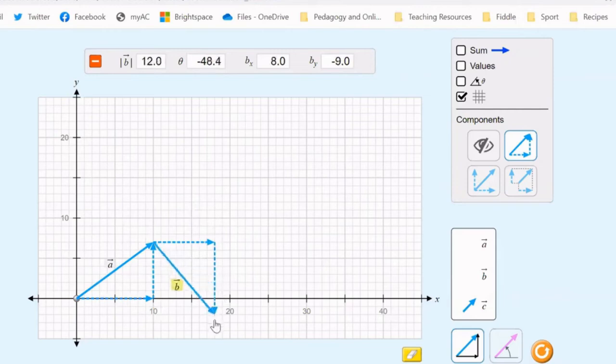If I take vector b and it turns out that vector b put at the origin is actually in quadrant 4, you can see quite clearly that if I add vectors a and b, my resultant is also going to be below the positive x-axis, or also in quadrant 4. In this case, you can see that